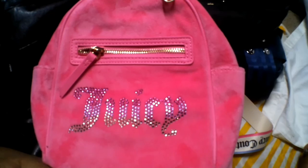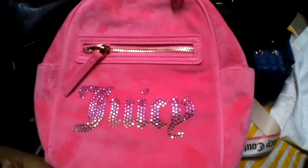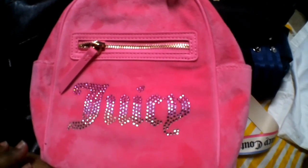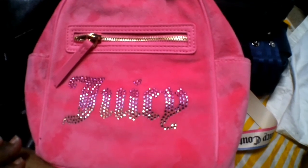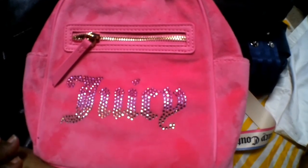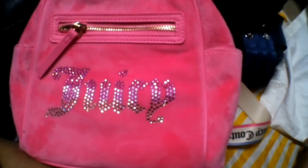Now, today's haul is a Juicy Couture haul. I have a little bit of leather, a little bit of terry cloth, and a little bit of nylon. So let's start with